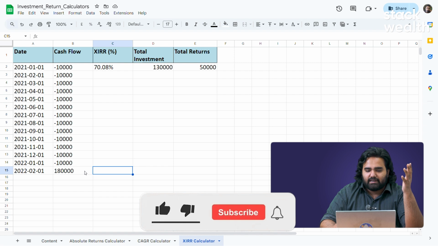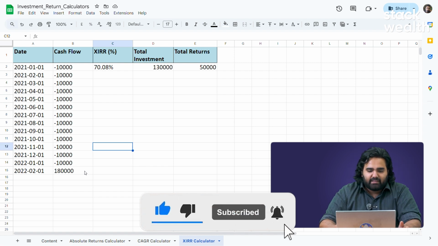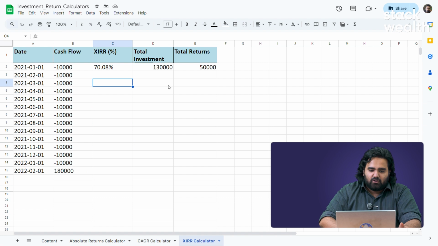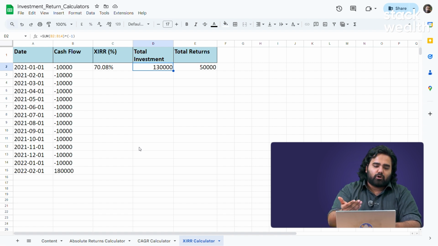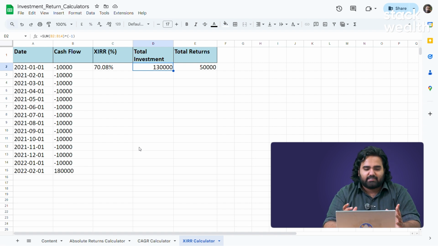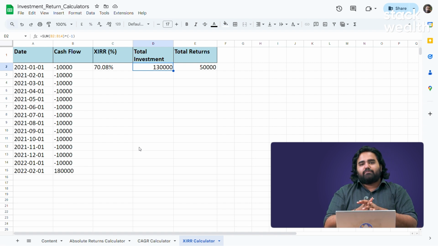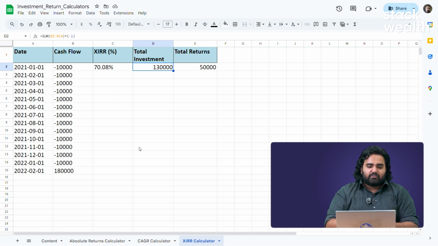1.3 lakhs, 1,30,000. That's your total investment, as you can see over here. And because your investment did well, you gained some returns of 50,000. So that means in February 2022, you took out 1.8 lakhs, correct? So what is your XIRR? It's 70%. So imagine if you did an SIP for 13 months, and after the 13 months,